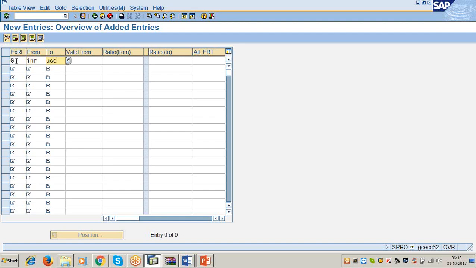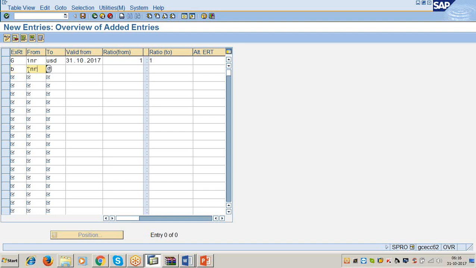To is equal to USD, valid from, give today's date, 31/10/2017. So this relation is valid from today. Ratio from 1, ratio to 1. Then exchange rate type is equal to B, bank selling rate.